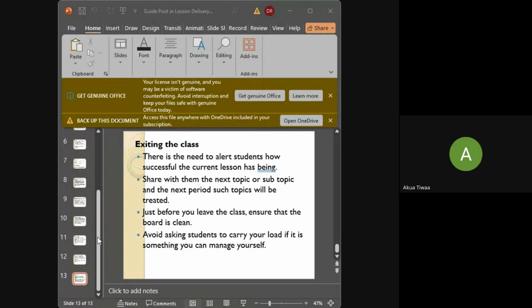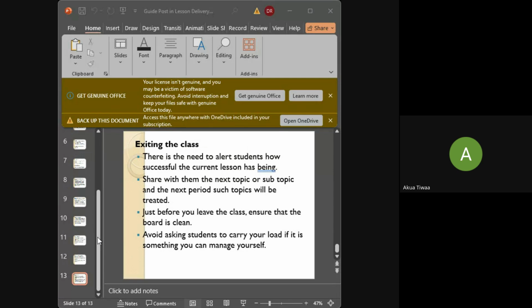Okay, so you see, that is it. Everybody has his or her period. So if you decide to leave it on the board, the one who is coming, it means you don't want that person to teach. So the person should give you his or her period. So you either make time, maybe break time or any time that you think will be suitable, you give to them, or you wait the next period, you give the notes to them.